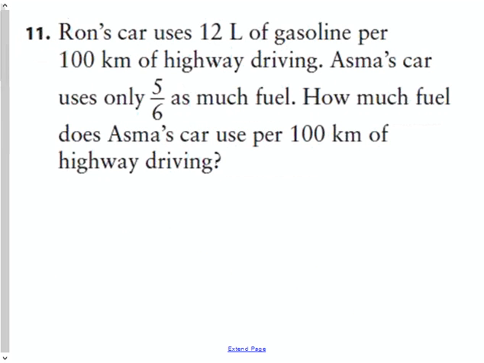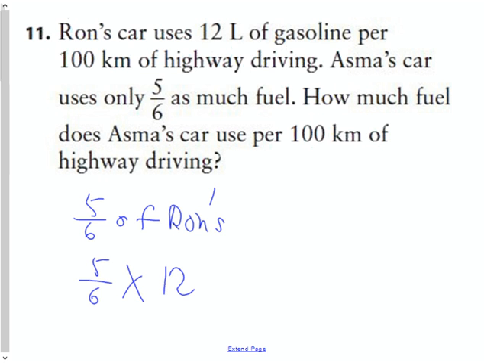Question 11 says, Ron's car uses 12 liters of gasoline per 100 kilometers of highway driving. Asthma's car only uses 5/6 as much fuel. How much fuel does Asthma's car use per 100 kilometers of highway driving? So it's 5/6 of Ron's car. So words first. Then I want to do 5/6 times 12, or through the commutative property of mathematics, 12 times